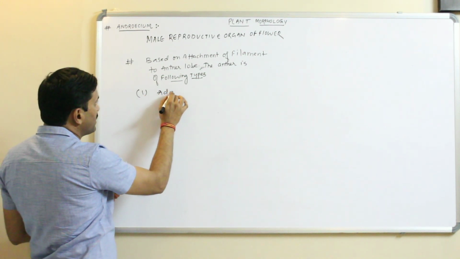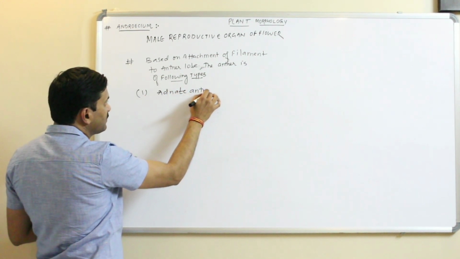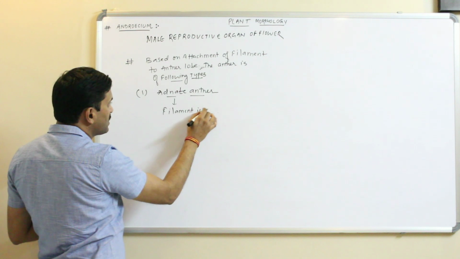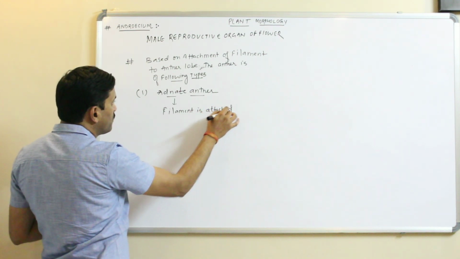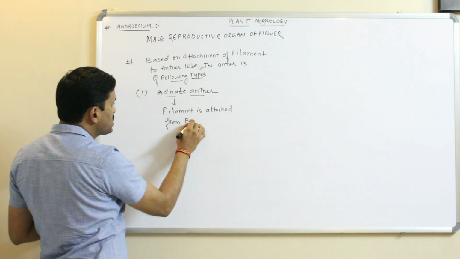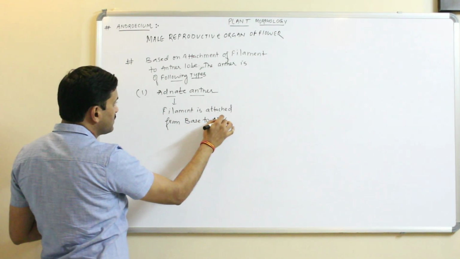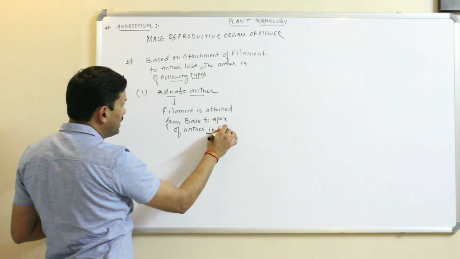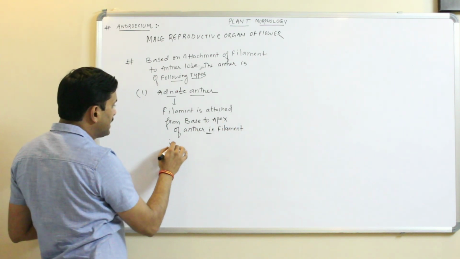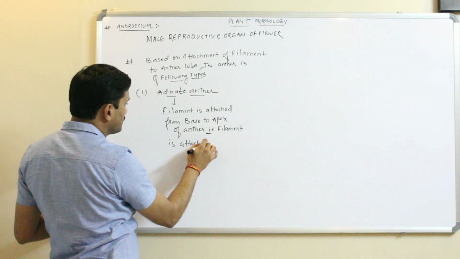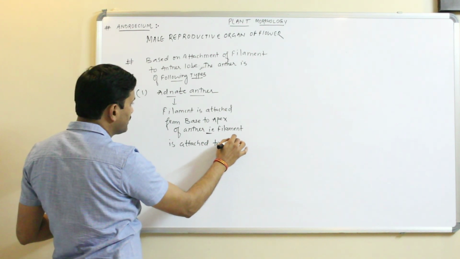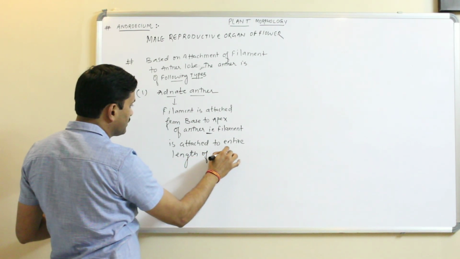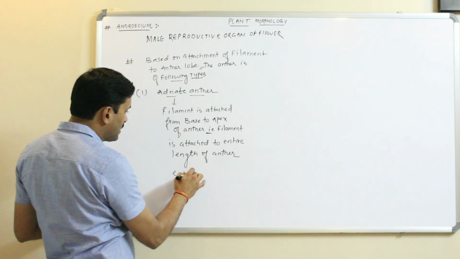First one, adnate anther. Now what is an adnate anther? The filament is attached from the base to the apex of the anther. That is, the filament is attached to the entire length of the anther. Say, for example, Michelia